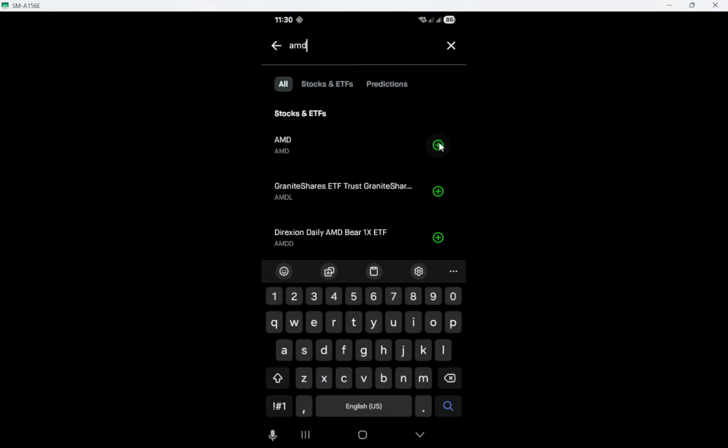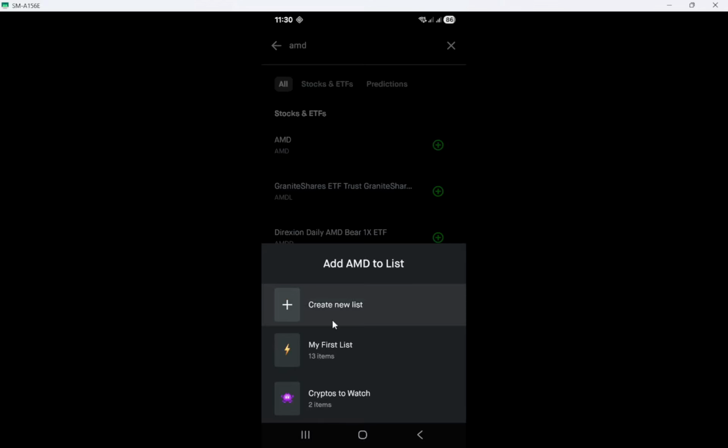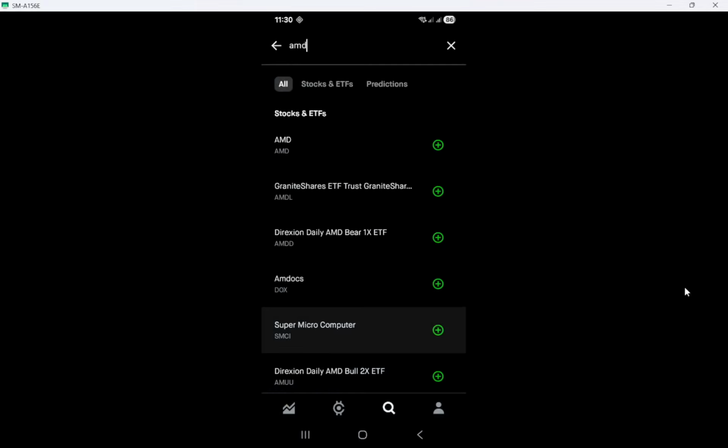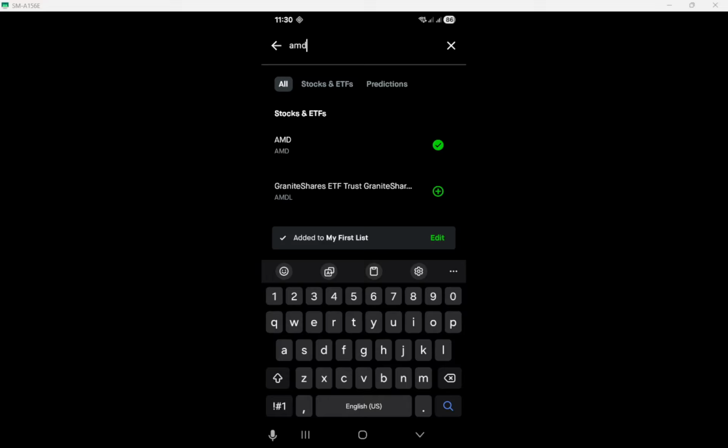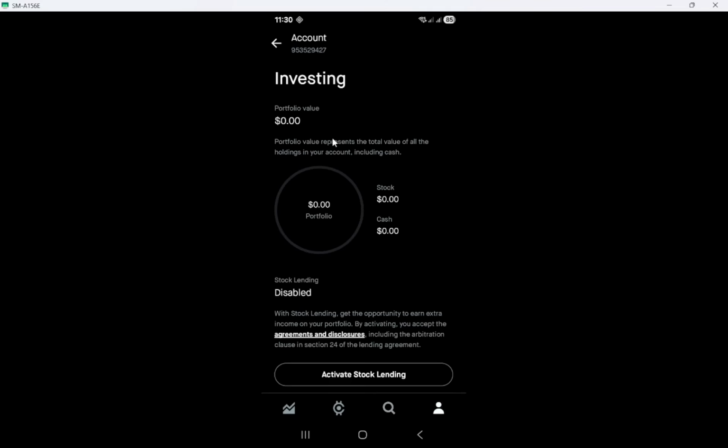Let's not forget about some of Robinhood's helpful features. You can set price alerts to notify you of market changes. Technical indicators provide deeper insights into stock performance. Recurring investments allow for automatic purchases, and fractional shares let you invest in expensive stocks with smaller amounts. Robinhood Gold, an optional subscription, offers additional tools and resources for a fee.